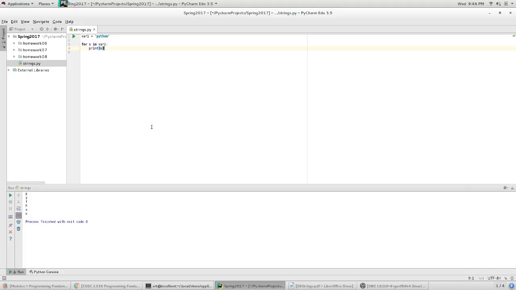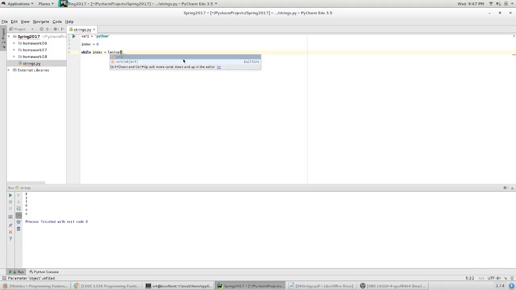We can also iterate a string with a while loop. This is where we introduce the concept of the length function, which returns the length of a string. We create an index variable, index equals 0. We create the while loop: while index less than the length of the string, which is var1, and we want